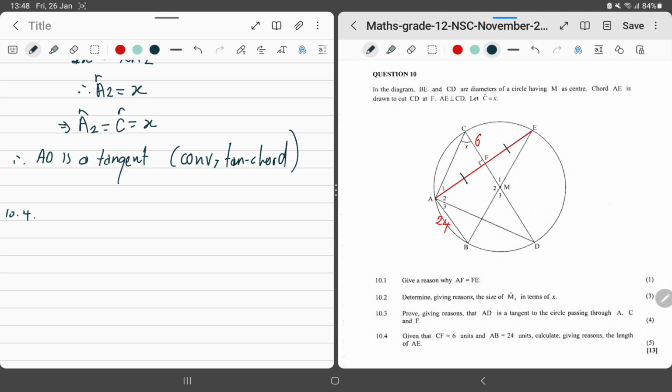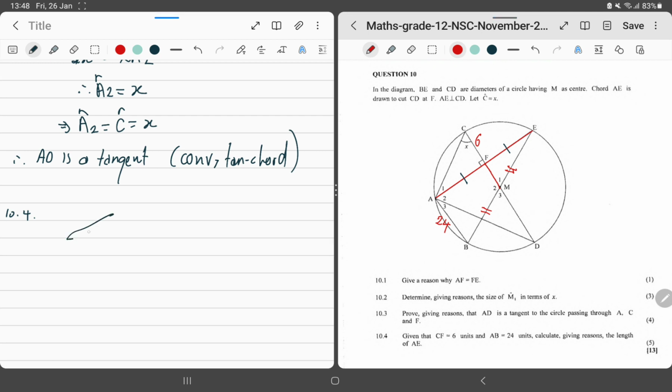AF is equal to FE from here. And then we know that EM is equal to MP because EM is a radius. From E to M, that's a radius. From P to M, that's also a radius. So notice how the line FM joins the midpoints of the sides of triangle